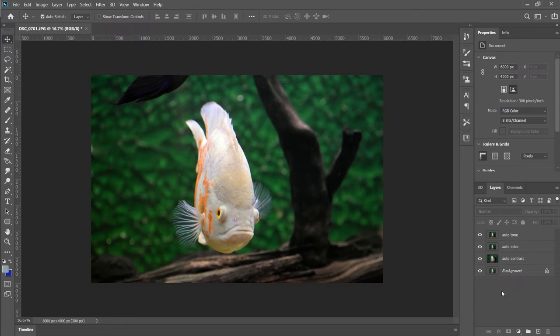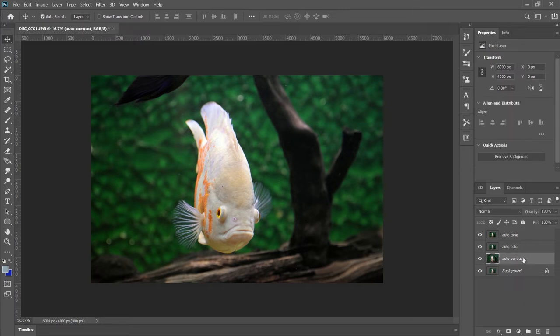Very quickly, as you can see, we have created 3 layers over here: auto tone, auto color and auto contrast. I wish to have them in a group because now it might look very easy, but in future when we are going to work on complex designs, having each and every layer without a group like this is definitely going to confuse you at one point or another. So what I'm going to do is